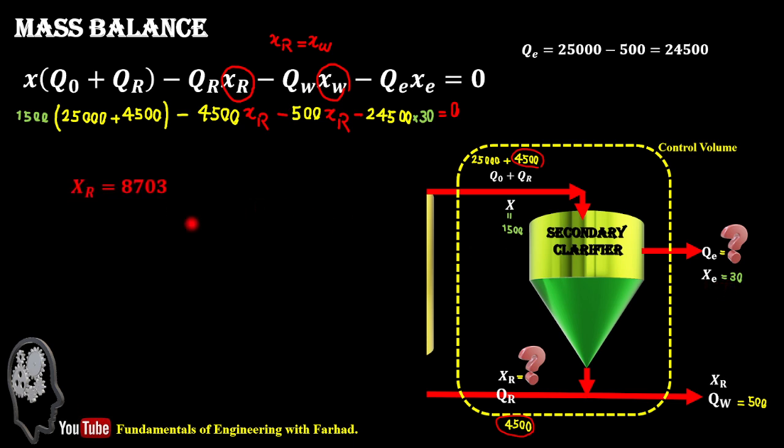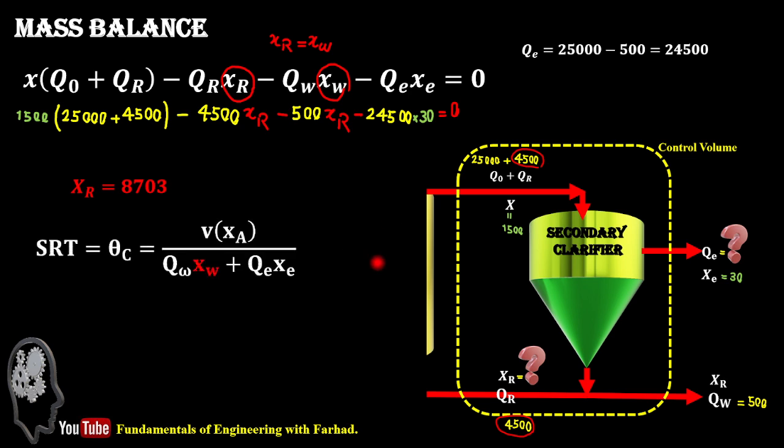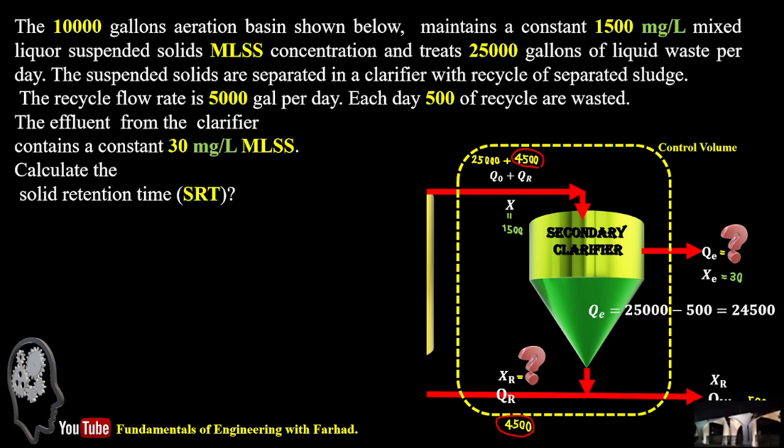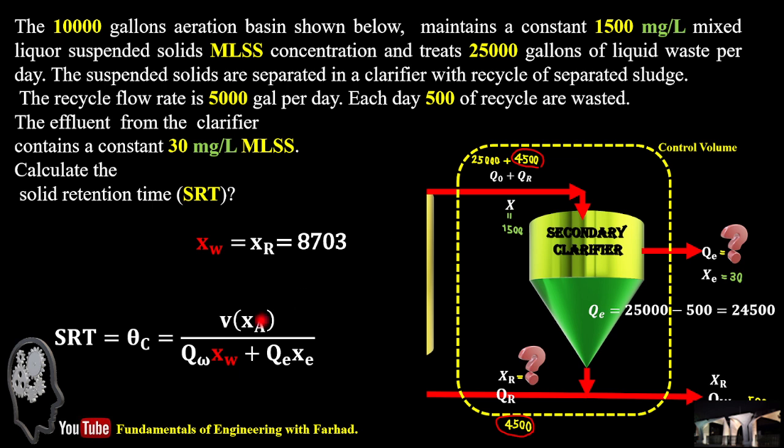If you solve this problem, it gives us the only unknown, which is the concentration of recycled or waste, which is 8,703 milligram per liter of biomass. And if we plug that into the equation of SRT in the denominator here, you can easily calculate it. As soon as we have the concentration of waste or recycled, which is this part, we plug it back into our equation,